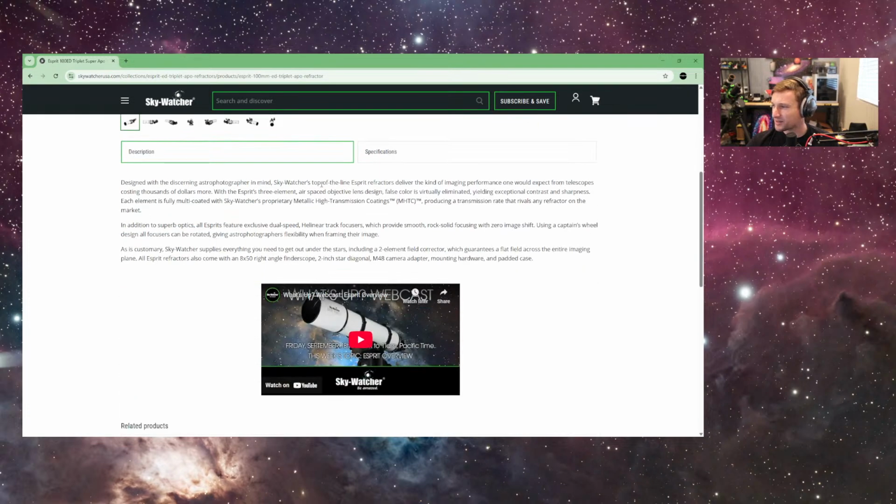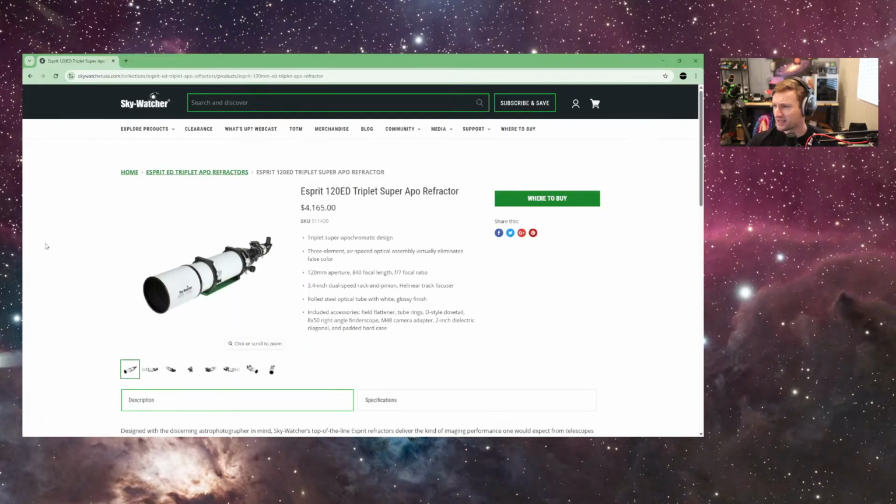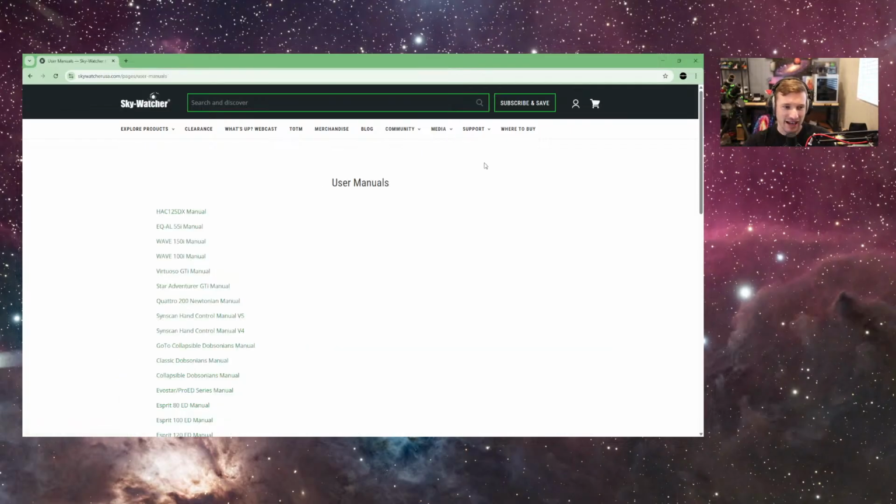Or is it hiding somewhere else? We have it on our... It's in the manual, though. Let's see. So somewhere within the documentation of a telescope, whether it's the website, better yet, go to the manual